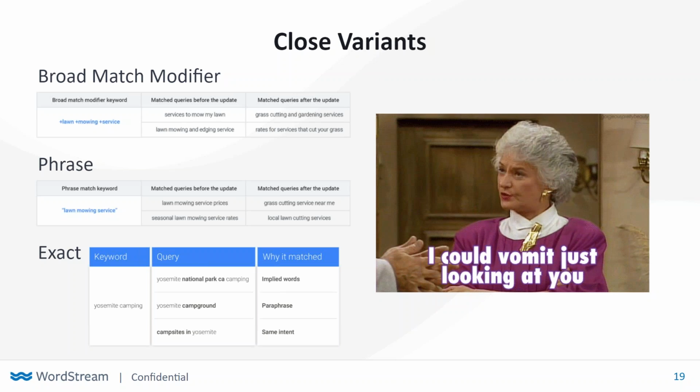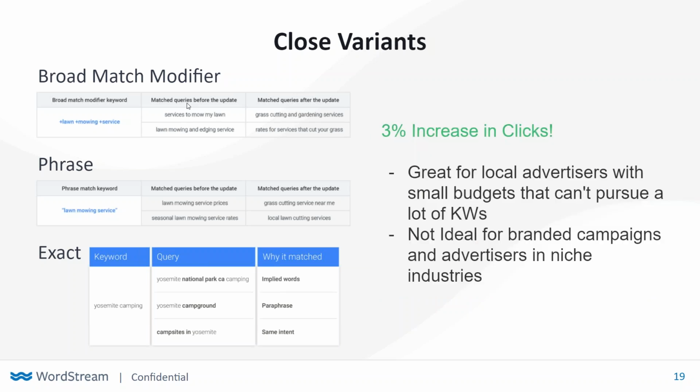Now, with PPC, what I have learned a lot in the past year, especially with this change, is that less is more. Different variants of every single lawn mowing service in your account. Now that there's so much interchangeability, less is 100% the lesson learned. One of my colleagues here at WordStream was talking to me about this. She started to pursue, instead of lawn mowing, something along the lines of grass cutting. So with all of these changes, a lesson that I truly learned, and just to recap everything within this category, is that they have a smaller